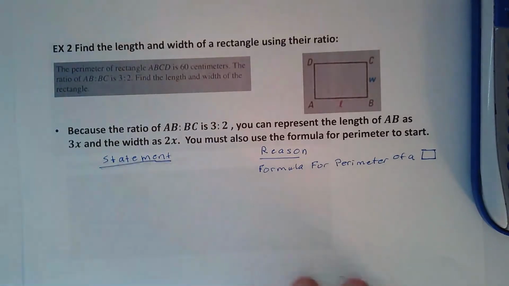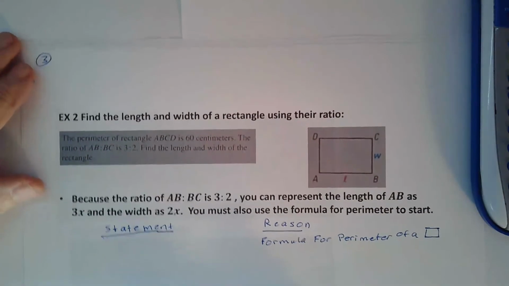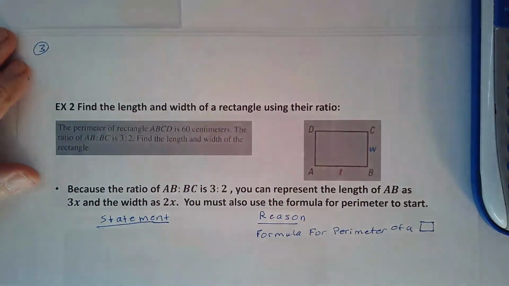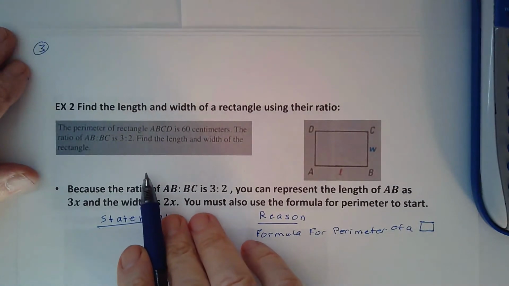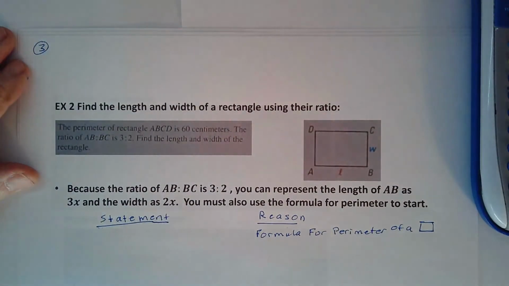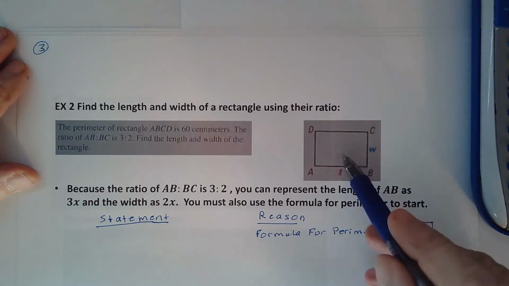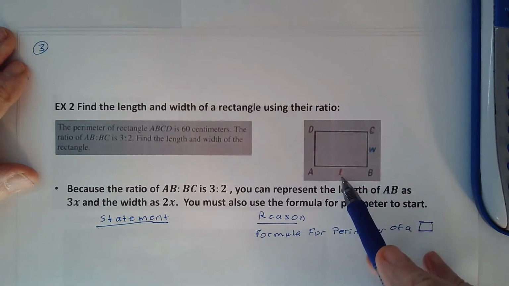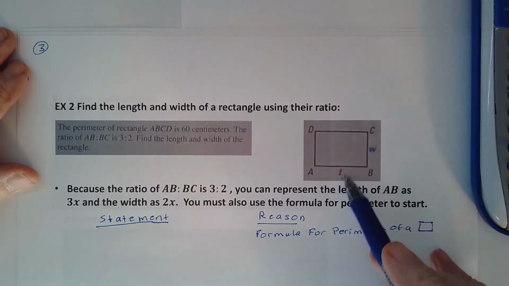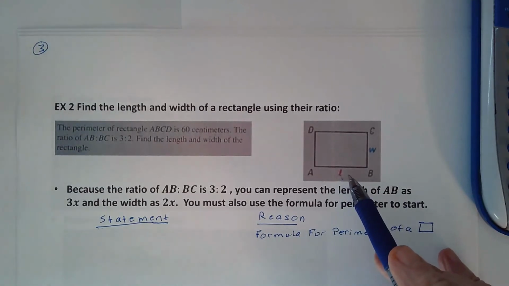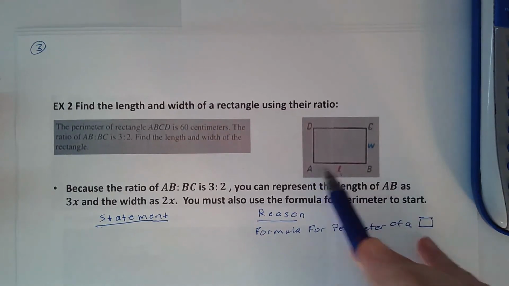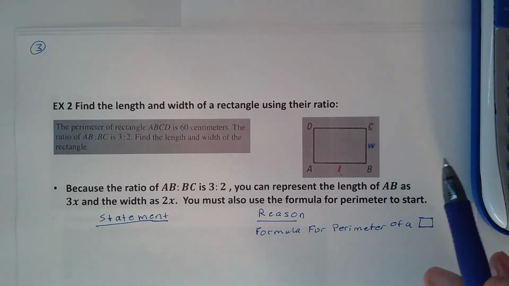Now what we're going to do is look at it geometrically. We're going to find the length and width of a rectangle, and here's the rectangle, ABCD, using their ratio. You'll notice that AB is the length. DC up here will also have the same length, so you could give them both the value of L, because L is a variable representing length. And then BC here is width, and so AD has to be width as well. But that's not so important